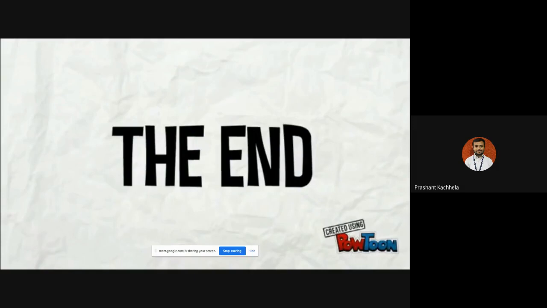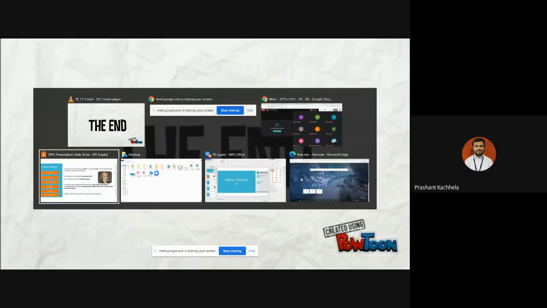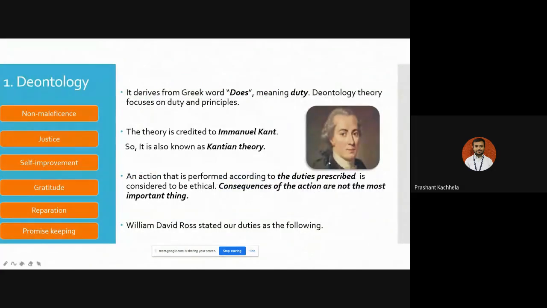Okay. Now I think you are getting the idea regarding what we are talking about deontology. So in that situation, if we talk from the point of view of deontology, it suggests that one should not steal anything. Stealing money is not an option. Stealing treatment, medical treatment, is not an option. So, according to deontology, stealing is not the option. That's why the person should accept the death of his son.